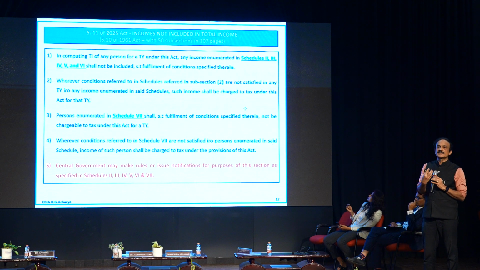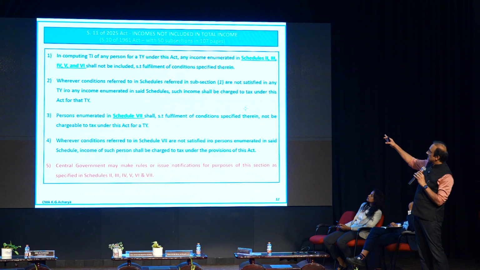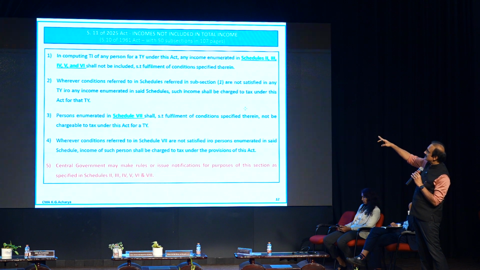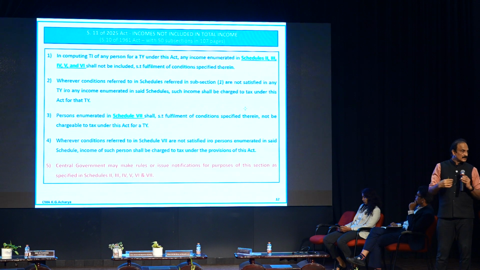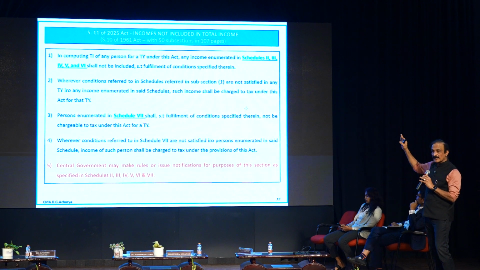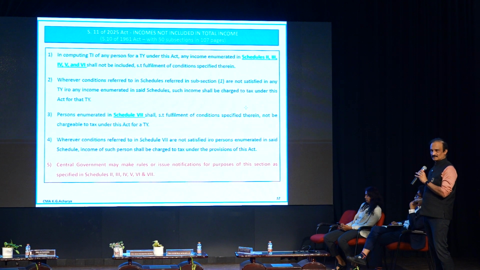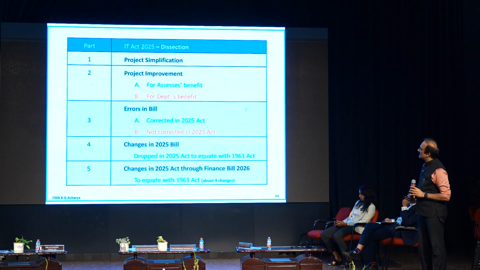Just now I told you Section 10 of the Income Tax Act 1961 deals with exemptions. And exemption section is, at least I have written there, 50 subsections in 1961 Act running into 107 pages. Section 10 runs into 107 pages. What the new Act has done is, it has just made it into 1, 2, 3, 4, 5, that's all. They have moved everything to schedules. Everything to schedules. Now let me dissect the new Income Tax Act.